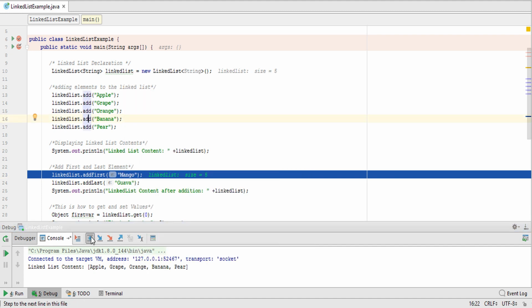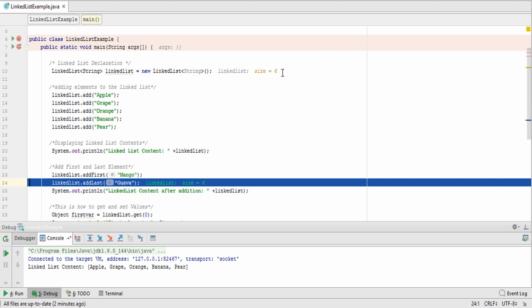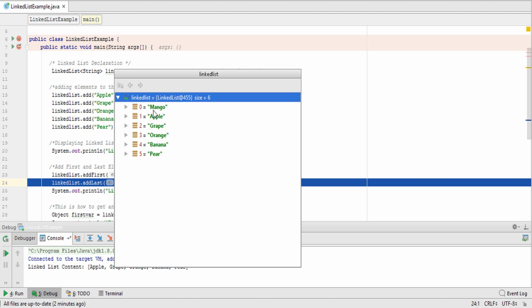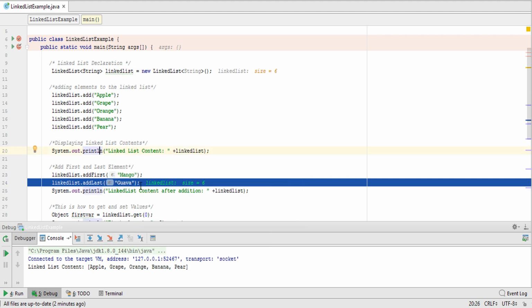The size has grown from 5 to 6 and we can see that mango has been added before apple. So the shifting of all the previous elements has been done with the insertion of mango at the 0th position with the help of this line.